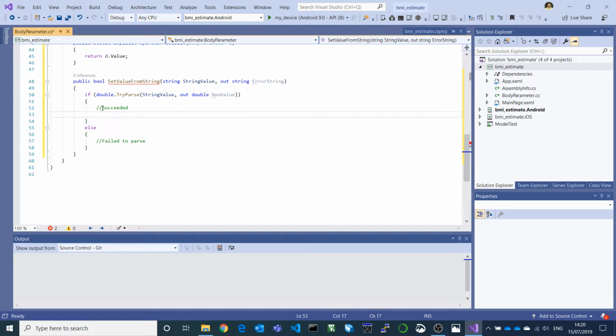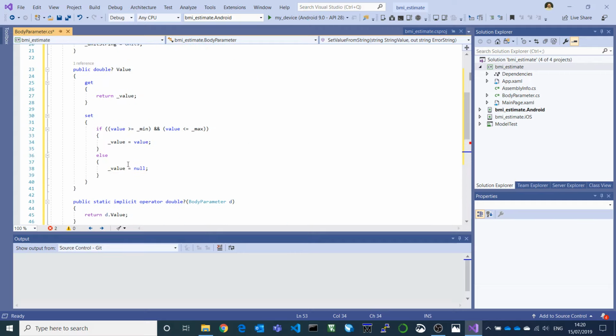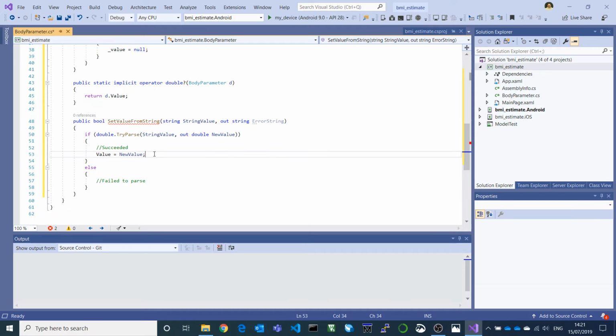Right. So now we say okay, that succeeded. So this here should contain a suitable value. Doesn't mean it's in range, but it is at least a double. So I'm going to use my setter. Very important. Value equals new value. Now, if you remember what the setter does, it also does the range checking. So this is going to do the string parsing, and then when we apply it to the internal setter, well, actually it's public,